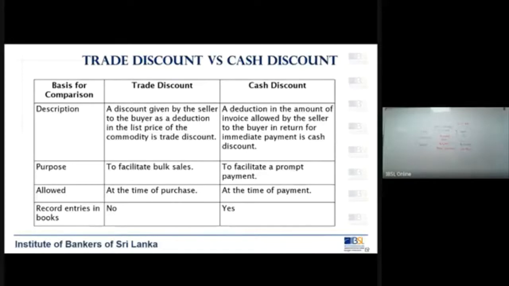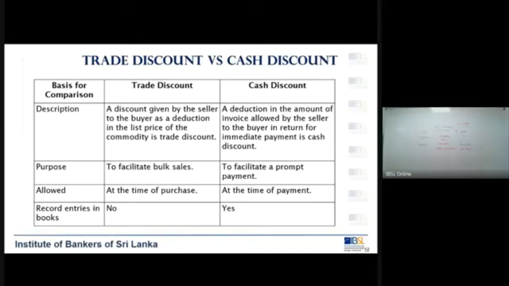But unfortunately, these two types of discounts may not be recorded in the books of accounts, because it is a trade discount. The price that Abbas Company fixes at 60,000 is not something which is recorded anywhere. This 60,000 price is just the list price. List price means they would have calculated their cost of sale, that is making the product available for sale.